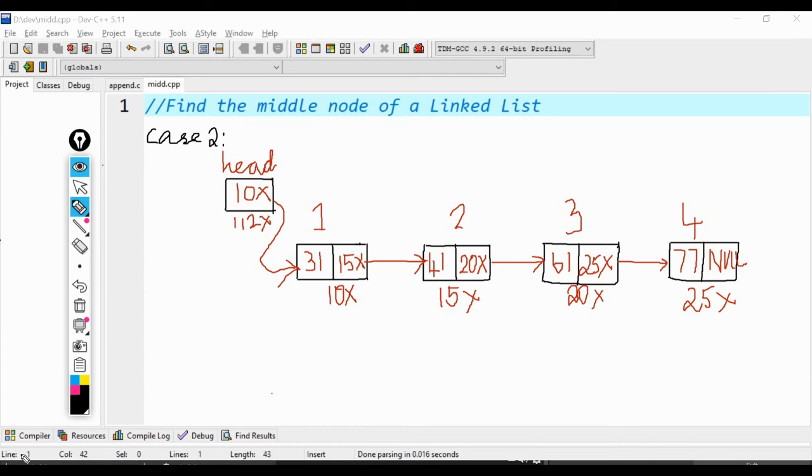In the second case, our linked list will have an even number of nodes. As you can see in the logical representation, there are 4 nodes in the linked list and there are 2 middle elements here. So it might be 2 or 3. We might end up in confusion as to which node's data is to be returned as the result. Remember, we always have to return the second middle element's data as the result here. So this is the concept of finding the middle node of a linked list.